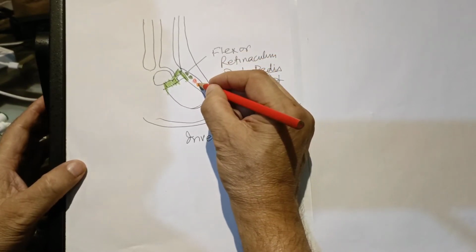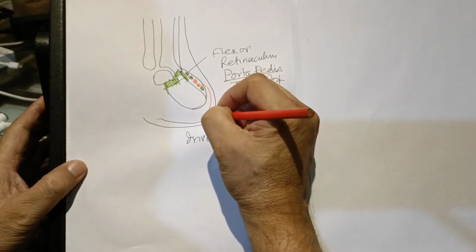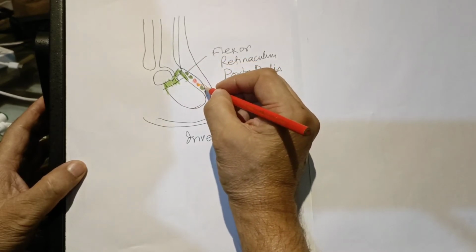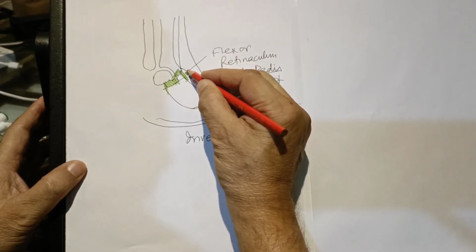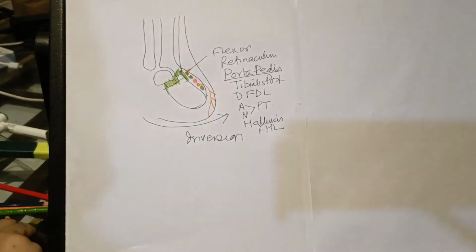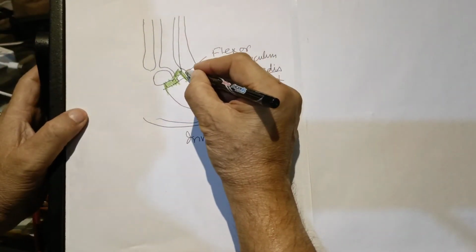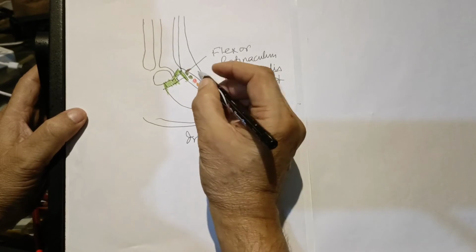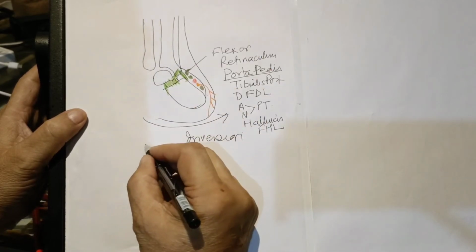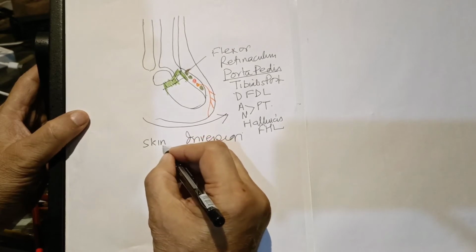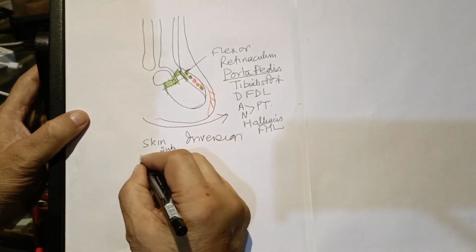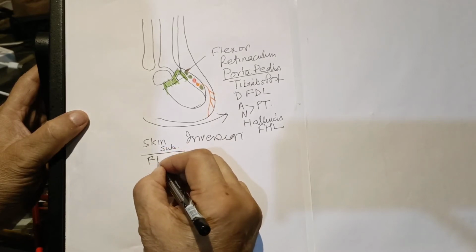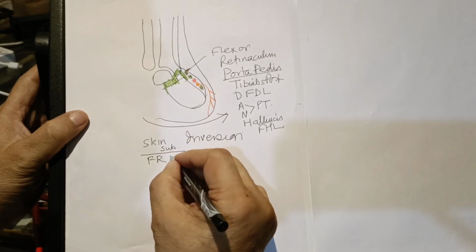Very important that the posterior calcaneal branches of the posterior tibial nerve go and supply the skin. Therefore, you never divide the flexor retinaculum near the calcaneum. Always divide it near the tibia so that you don't divide these nerves and cause heel anesthesia in children. You divide it here. So what do you divide? You divide skin and subcutaneous tissue, establish hemostasis, apply side guards. Then you divide the flexor retinaculum near the tibial malleolus.